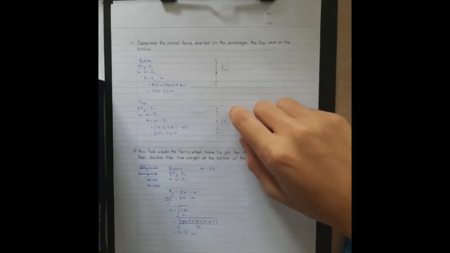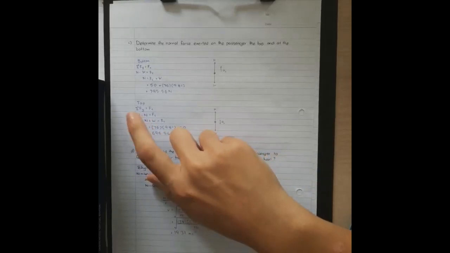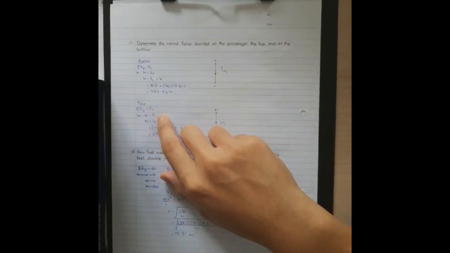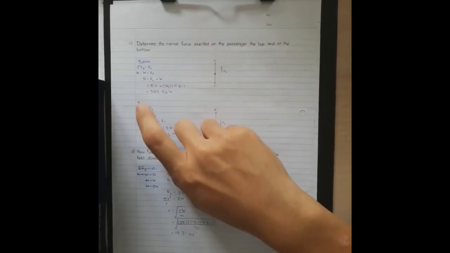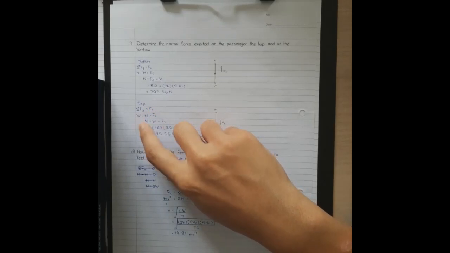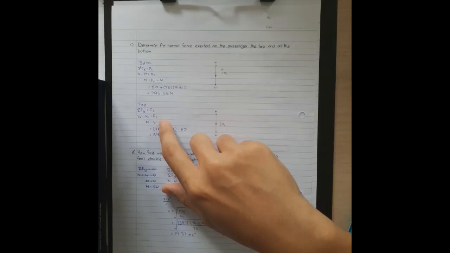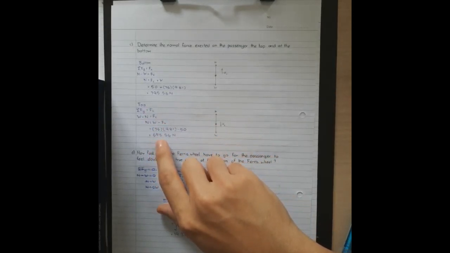So untuk top pula, dia punya normal force ialah lebih kurang daripada W. So W kena tolak dengan N untuk dapatkan centripetal force. So dia minta dalam soalan ialah normal force. So W ni kena tolak dengan, kita derive W tolak dengan centripetal force untuk dapatkan nilai N dia kat atas. So dapat 695.56 Newton. So untuk soalan D, dia minta how fast will the Ferris wheel have to go for